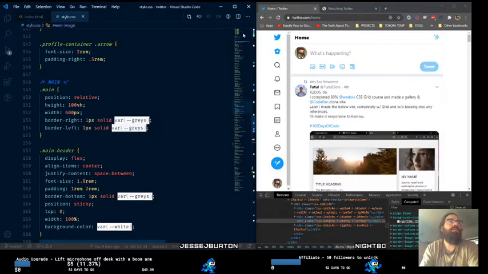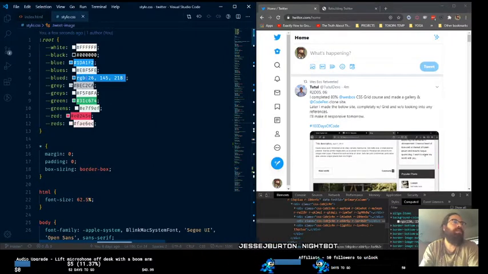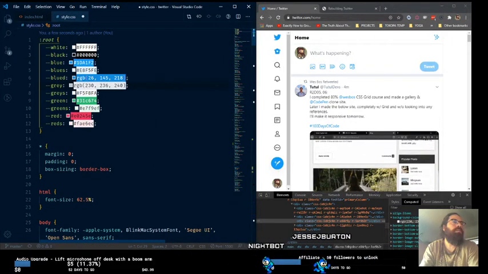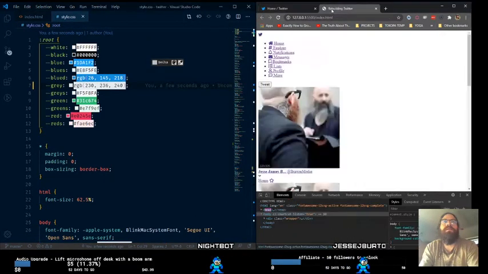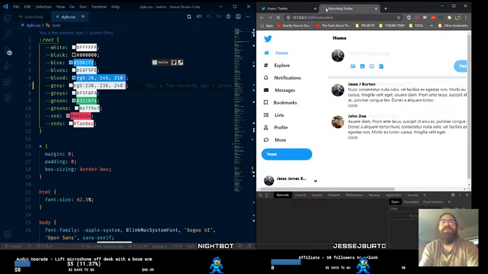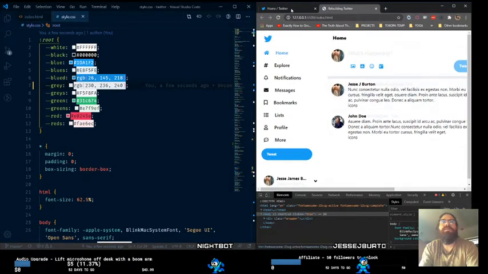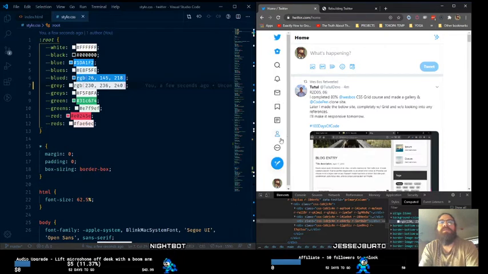So I'm going to make gray be this color. I've got some variables up at the top to make that easier. We'll make gray this color. Let's see how that looks. That looks better. And then these borders,